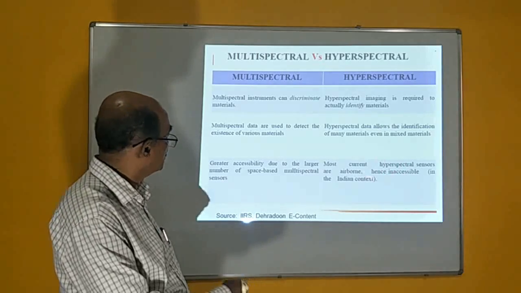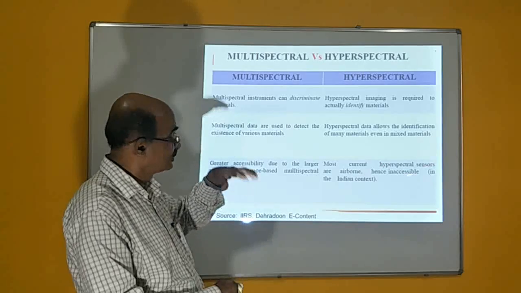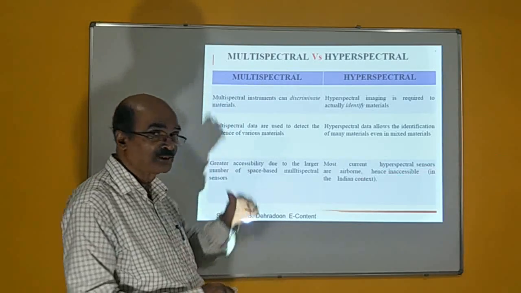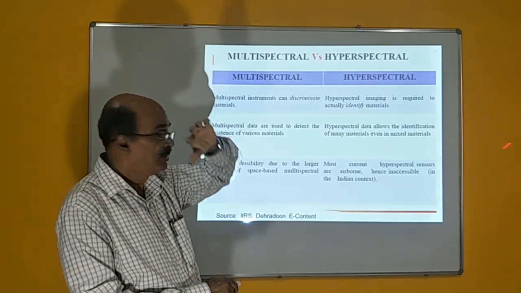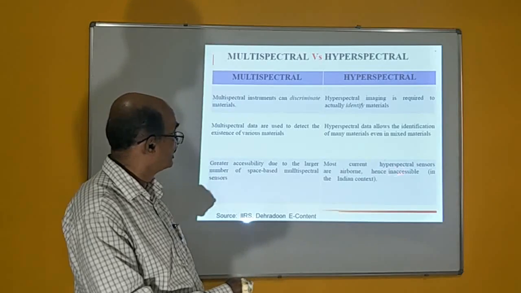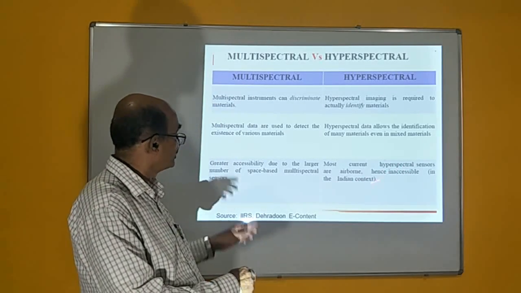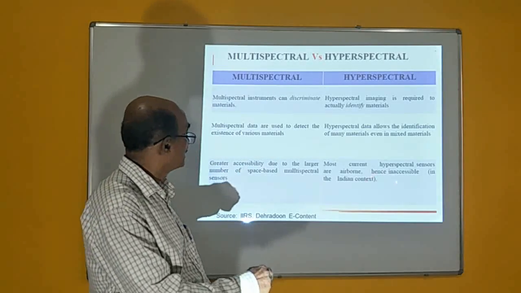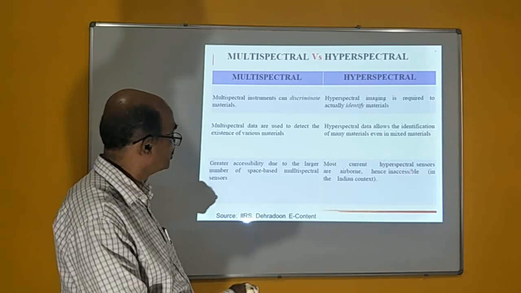So most of the space-based satellites are collecting the data in multispectral mode, because still we have to achieve this, because most current hyperspectral sensors are airborne. It is mainly the data is being recorded using the aircrafts. So we have the hyperspectral sensors mounted on aircrafts. They detect the reflected or emitted energy from the lower altitude, hence inaccessible in the Indian context. But now we have our own satellites called hyperspectral imager. With that, we will be able to gather the